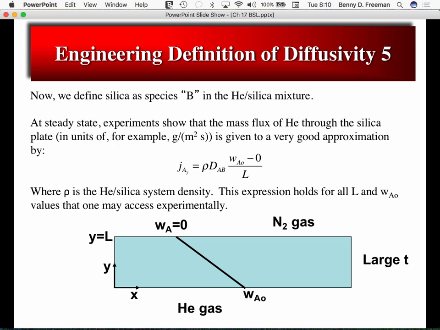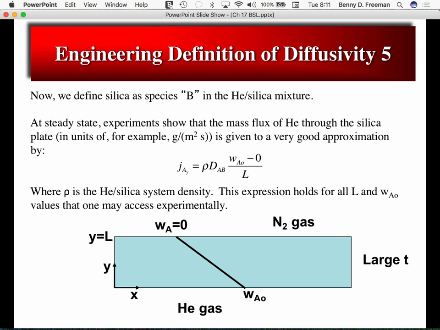The nitrogen cannot access the material, and so the binary mixture is helium and fused silica, where component B is the silica. If you do this experiment at a number of different thicknesses and at a number of different gas pressures of helium, which will change the concentration of helium dissolved in the silica, typically that would be a linear relationship. As you double the pressure down here, you would double the mass fraction of helium dissolved in this material, and so on and so forth. You measure the flux of helium through this plate at steady state, and you would find that all of the experimental data could be accounted for by a model that looks like this,